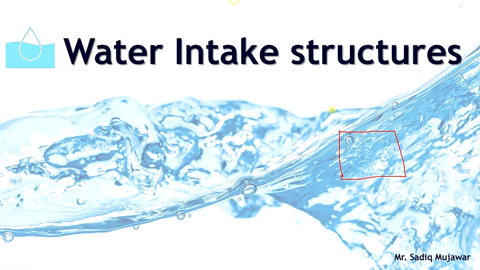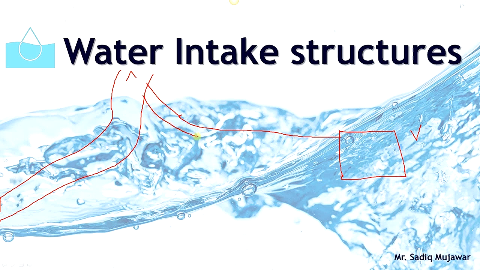plant from a river. Okay, how are you going to supply the water to the plant? You need a conduit for the transmission of water from the river. You need large pipes for transmission of water from the river, right? And if the river is at a higher level area and a treatment plant is at a lower level area, you will lay the pipes and make the water from the river flow through it.